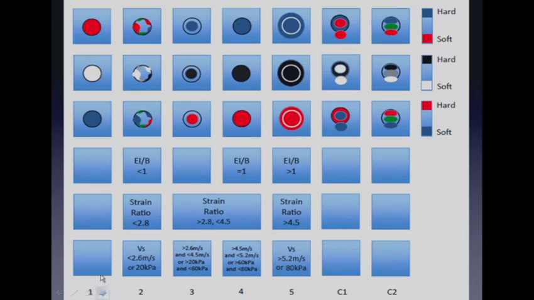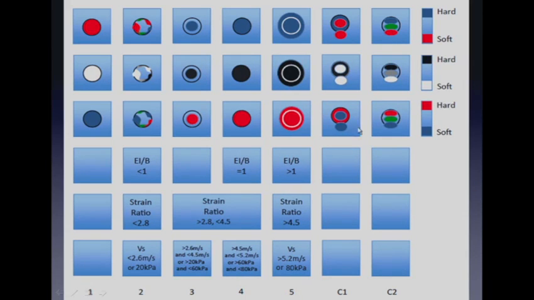So using this scale, a BI-RADS 1 would be that the lesion is all very soft. A BI-RADS 2 would show that you have areas that are soft and some areas that are hard. A BI-RADS 3 would be the lesion is hard or stiff, but it measures smaller than the lesion on B-mode imaging. If the lesion was stiff and was the same size as the lesion, I would give that a 4. If the lesion was stiff and larger than it was on B-mode, I kind of gave that a